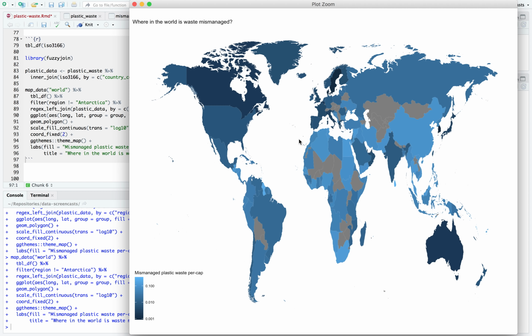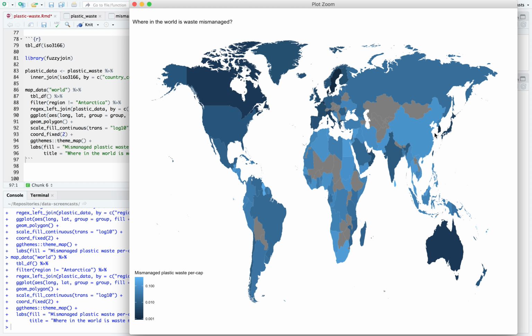We already saw that India was an outlier relative to most countries with similar GDP per capita. Here we see it's also an outlier for its region. There's kind of a stretch of a lot of countries that have high rates of plastic waste across a lot of Africa and through